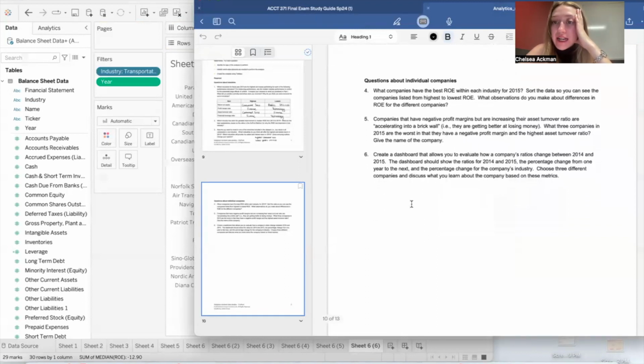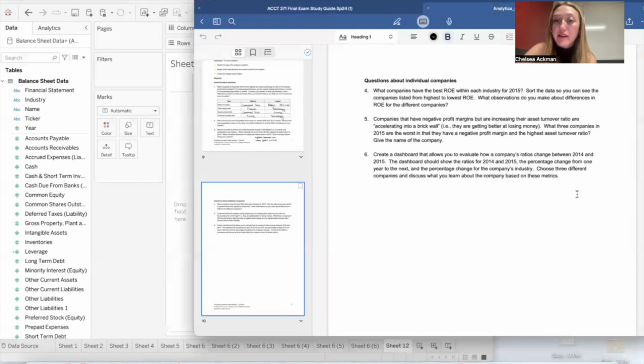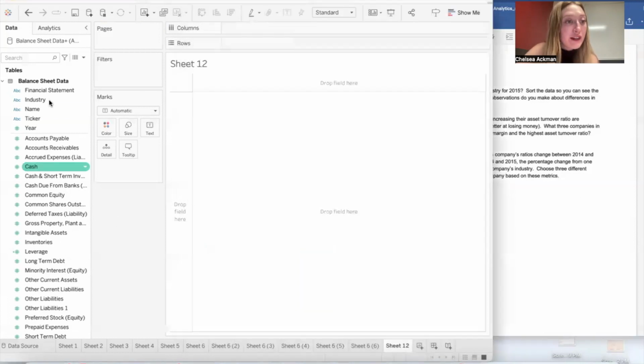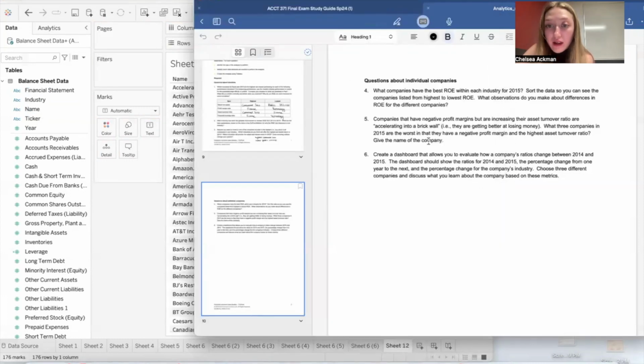And then companies that have negative profit margins but are increasing their asset turnover ratio are accelerating into a brick wall. What three companies in 2015 are the worst in that they have a negative profit margin and the highest asset turnover ratio? Ooh, okay. So let's do that. First, we want to look at companies,